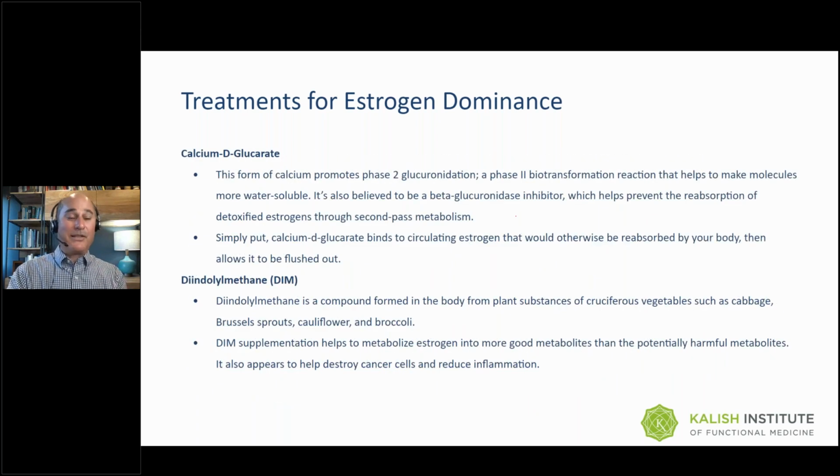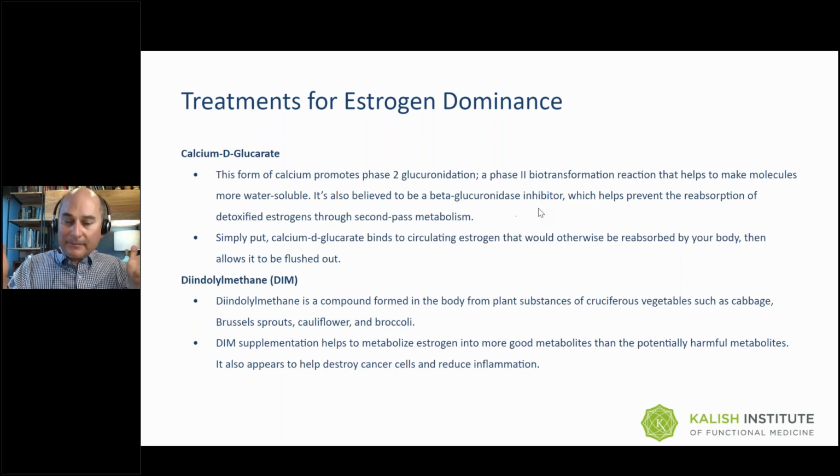So treatments: calcium D-glucarate, super famous, DIM, super famous. You can use these. All the supplement companies that we work with have them. The calcium D-glucarate is going to help with phase 2 clearance, biotransformation, detoxification, whatever you want to call it, so that you take these fat-soluble molecules, make them water-soluble, and can get them out. It is also thought to be a beta-glucuronidase inhibitor, so it can help with those gut bacterial problems. Because when your beta-glucuronidase is high, you're going to reabsorb the estrogens